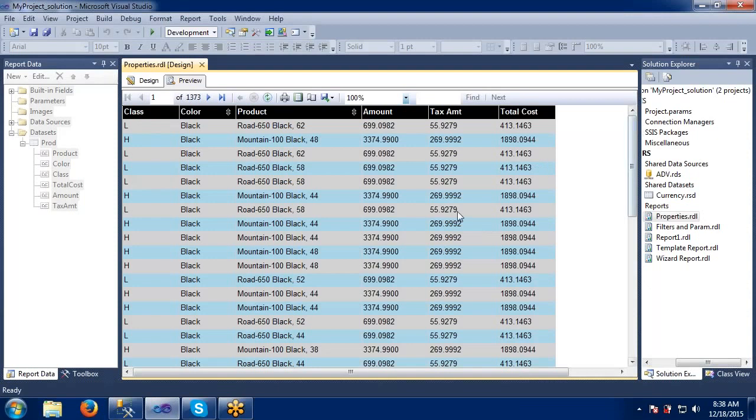I mean, how it will come here is, let me take this one. There is one page here. Once this is ending, it will automatically take a break and go to the next page. Like this, we can specify the page break options also.